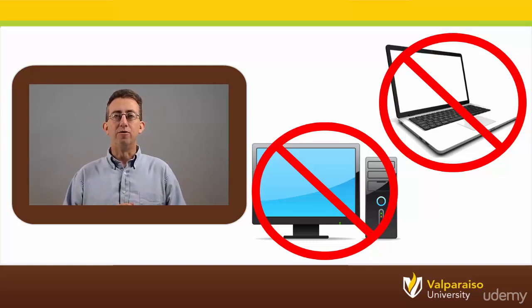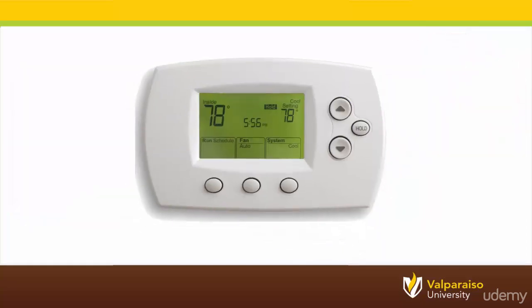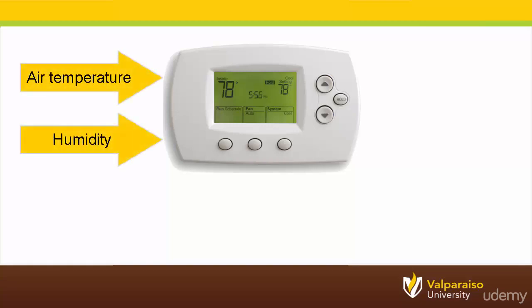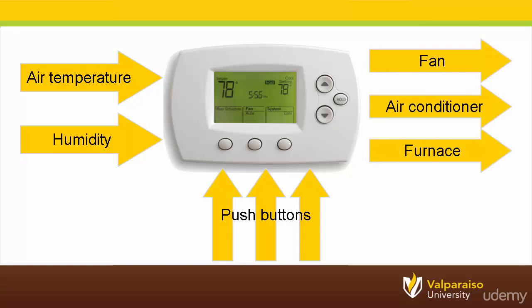Unlike general-purpose computers, embedded systems perform specific, dedicated functions that use both hardware, things you can touch, and software, instructions for the microcontroller to complete a predefined task. Let's go back to our thermostat example. A thermostat is an embedded system. It has inputs like air temperature and humidity, and a number of push buttons that the microcontroller monitors. Based upon its instructions, the thermostat's microcontroller will then adjust a number of outputs like the display, fans, air conditioners,